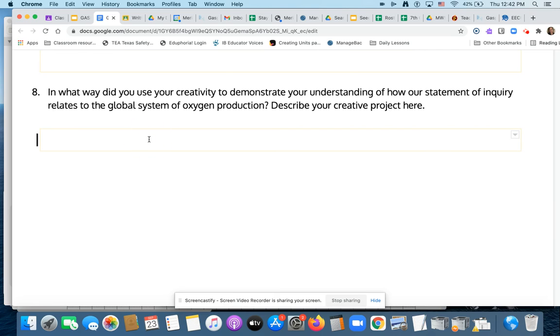Finally, number 8. So this one, you're going to talk about your creative project. How did it demonstrate your understanding of how our statement of inquiry relates to the global system? So the statement of inquiry, that a working system depends on the transportation or the movement and transformation, which is change, of resources. Okay, so do your best and